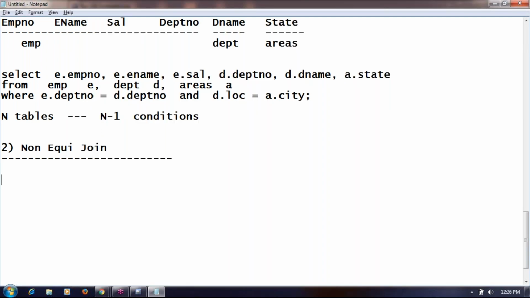Non-equi-join. So thumb rule, as we know, when the equal to operator is used, it is called equi-join. When tables are joined without using equal to sign, it is non-equi-join.